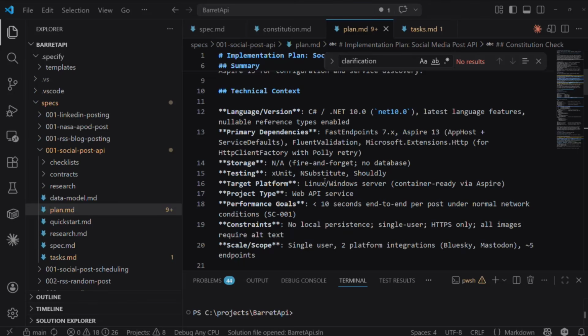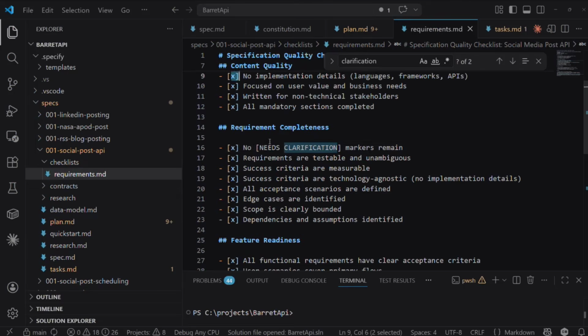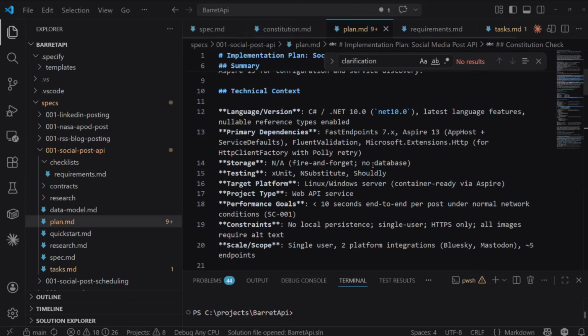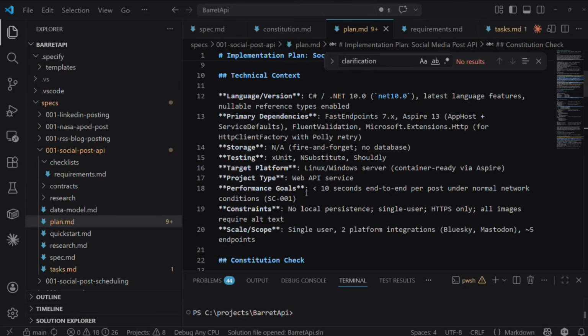There was one exception. One of the things it'll do as it's generating these files, if it's something where it doesn't come back and ask you the question for clarification, it will put little notes into these files with a flag that says needs clarification. Let's see if I can jump over to this checklist here. It'll add this flag, needs clarification, in the file where you need to provide some additional context. In this particular case, there were a couple of things that were flagged with that initially.